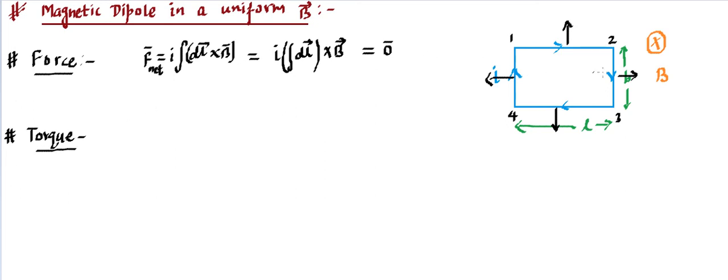So one thing is clear from the above calculation, that the net force is not going to act. That means this object or this loop is not going to travel. So it won't move. That means its center of mass, wherever it is, will remain there. It cannot travel because the net force is 0. So now we need to check whether it can rotate. So for rotating, we need to see how much the torque is acting.